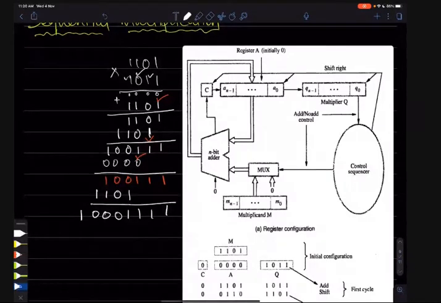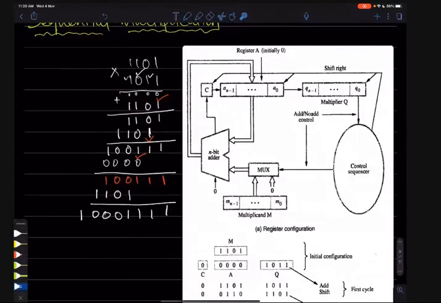So in each step we normally do an addition operation, then a right shift operation, then an addition operation, then a right shift operation, then an addition operation, the result will be right shifted, then an addition operation. Another thing we have to remember: if the multiplier bit is 1, then only the multiplicand will be added to the previous partial product. If it is 0, then there will be no addition. Adding with 0 0 0 0 means adding with nothing.